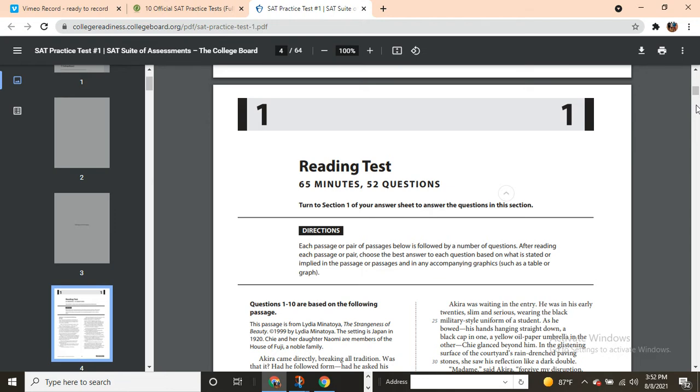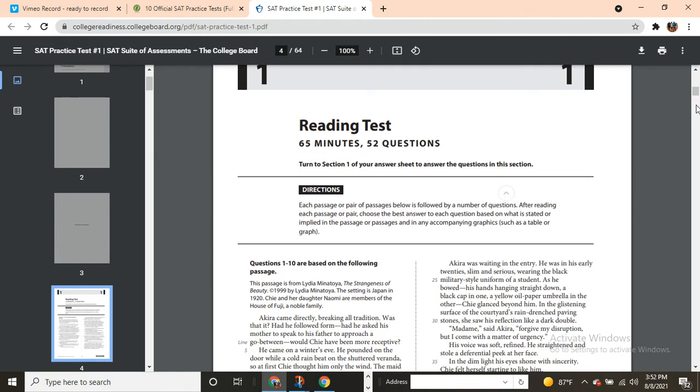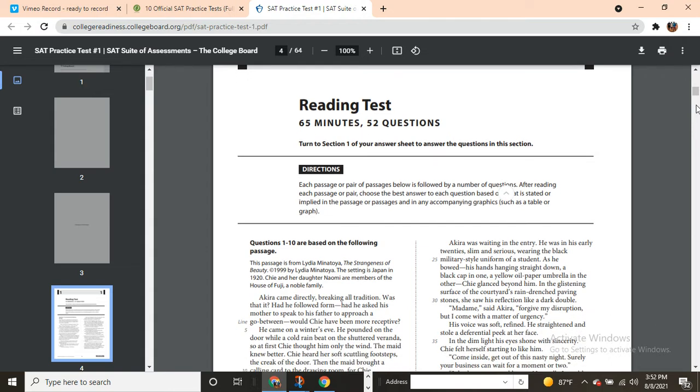The first part in SAT is always the reading test, and it is a 65 minute exam with 52 questions. This particular exam always tests your speed, how well you can read the questions, understand them, and read the passages as quickly as possible and interpret them. So as you can see here, the reading test